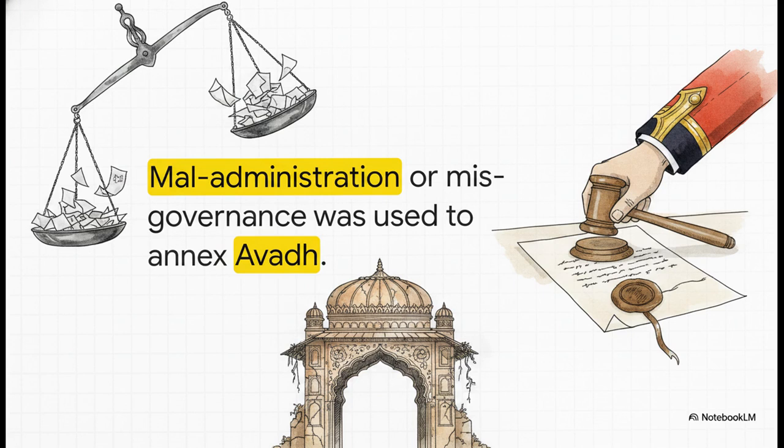Basically, if a ruler was deemed by the British to be governing poorly, the British claimed the moral and legal right to just step in and take over the whole shebang. This specific justification was successfully used to annex the state of Awadh. Okay, so now that we understand the tools in the kit, let's watch them get deployed in a high-stakes, real-world